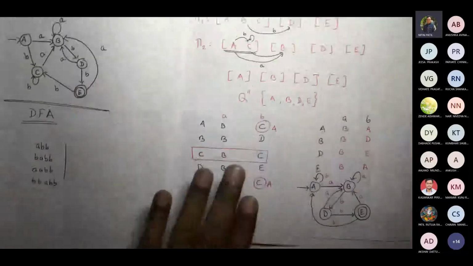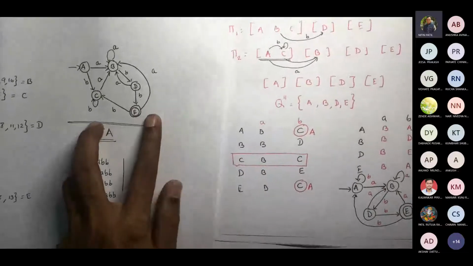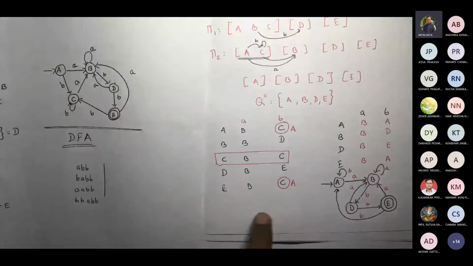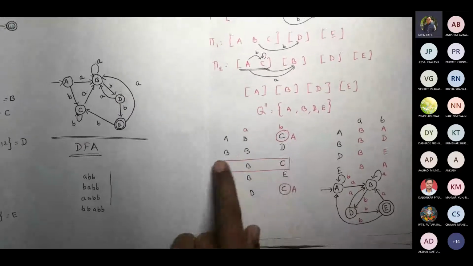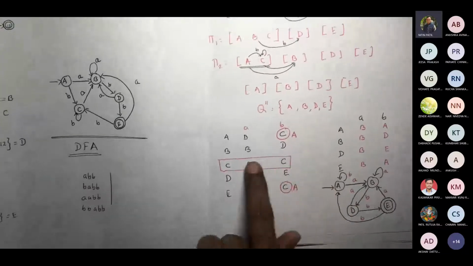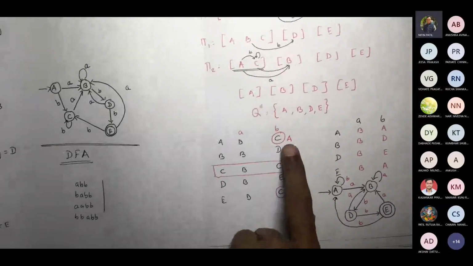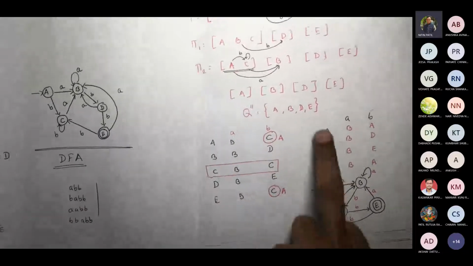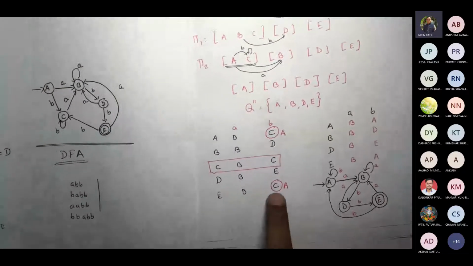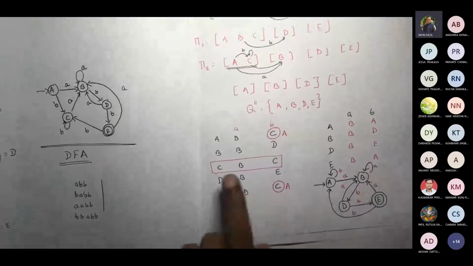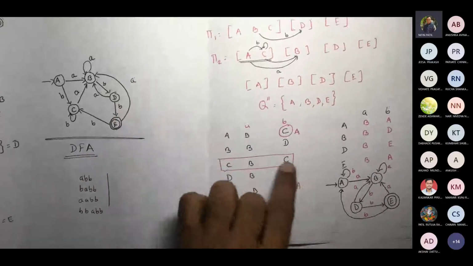Now how exactly is the diagram to be drawn? For the DFA that I had, I created a transition table like this. From this transition table, I thought of removing this because this C is not available here at all. So wherever C was, I replaced it by A. So I got this new transition table. Even if you replace C by A, this would be A, B, C, but you write it once only. That's why we deleted this line.